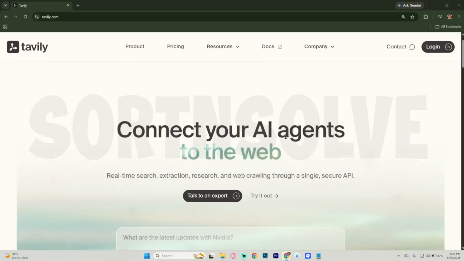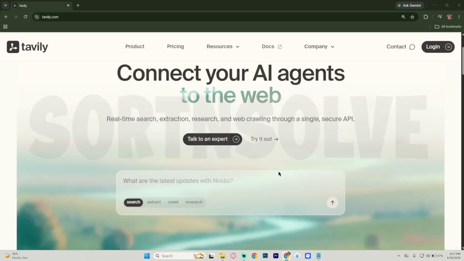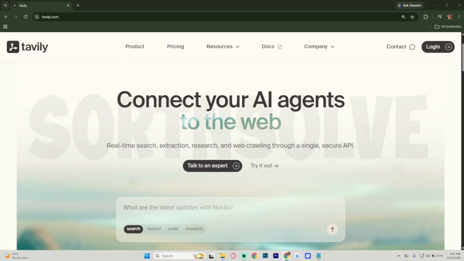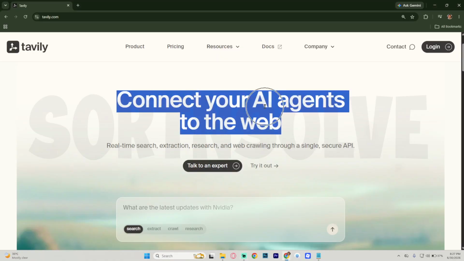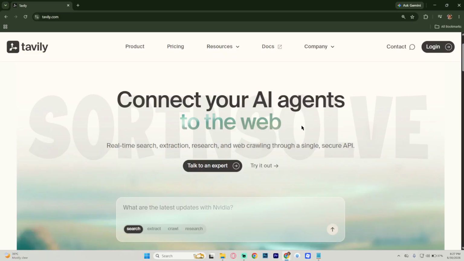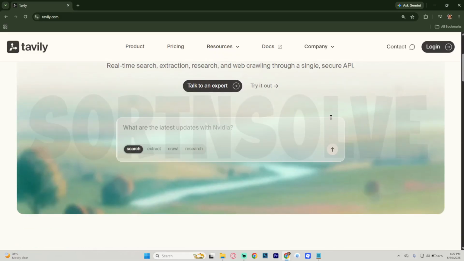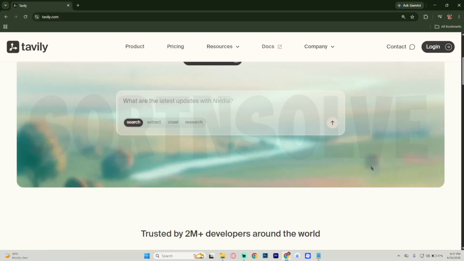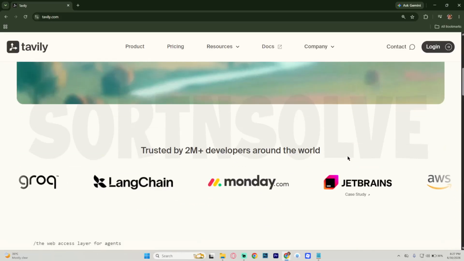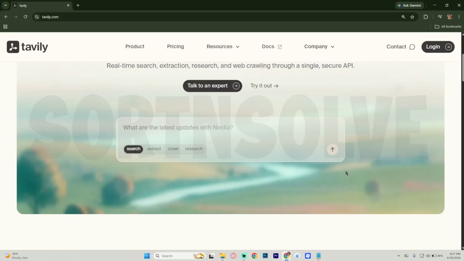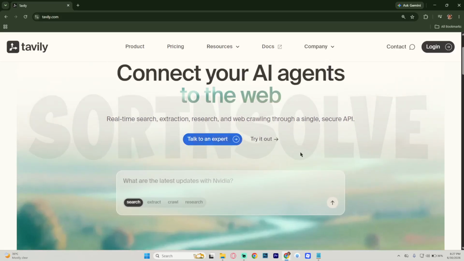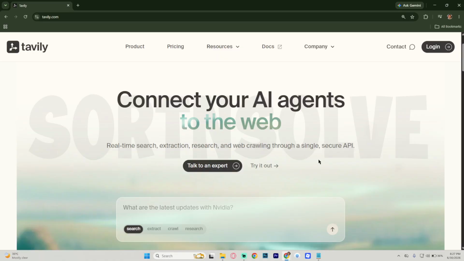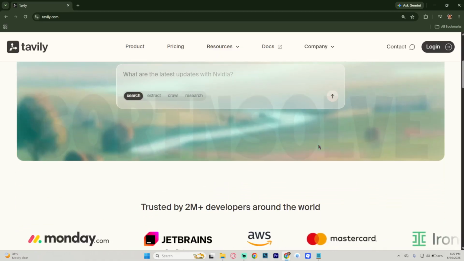Hello everyone. In this video, I'll guide you through an architectural evaluation of Tavily AI to determine if this platform truly is the absolute best engine for searching the web. When most people hear the phrase search engine, they instantly think of tools built for humans like Google or Bing. But Tavily represents a complete paradigm shift because it is built from the ground up strictly for artificial intelligence agents